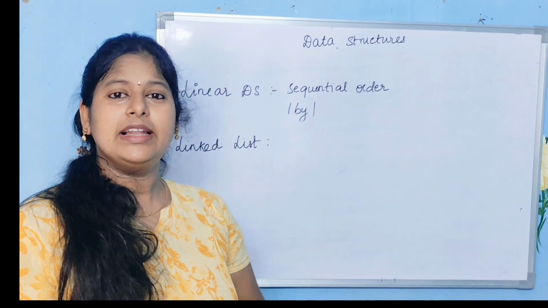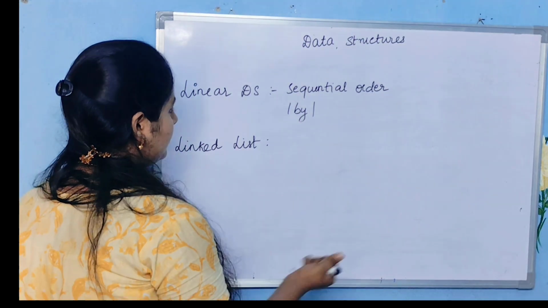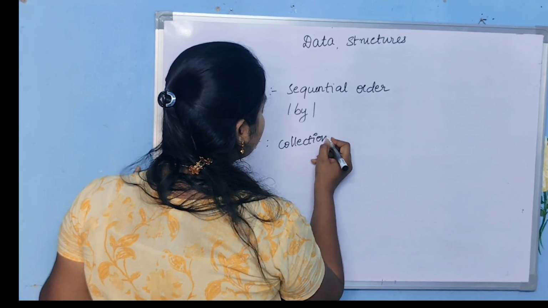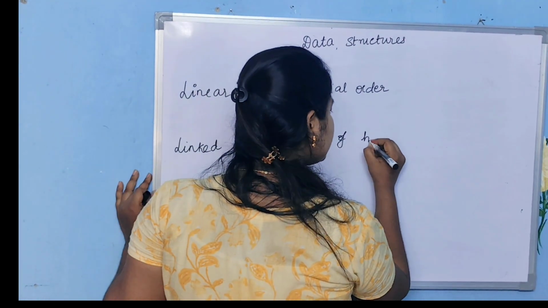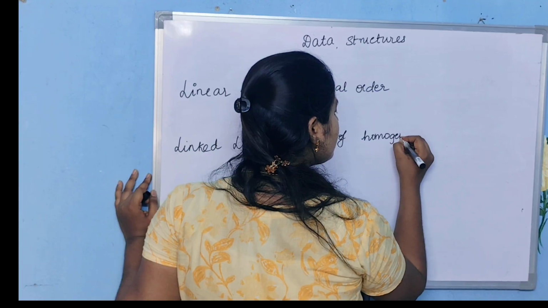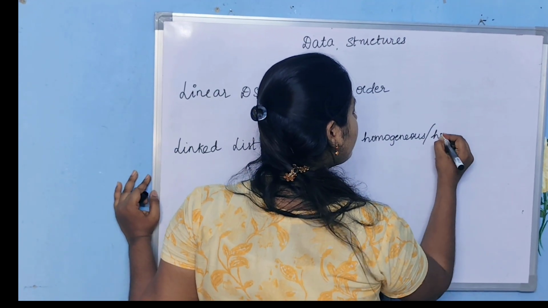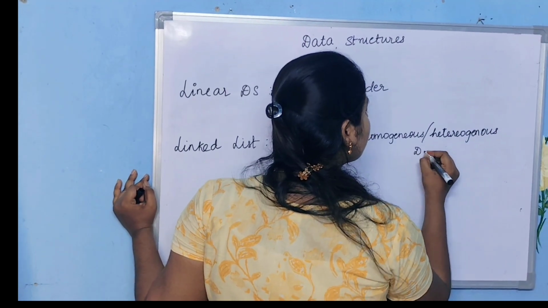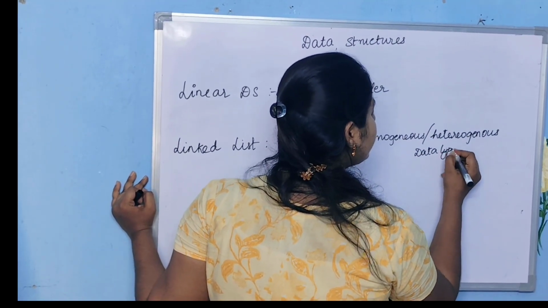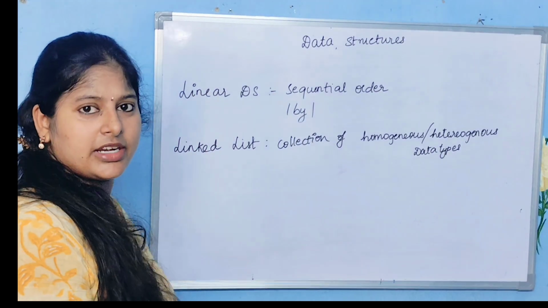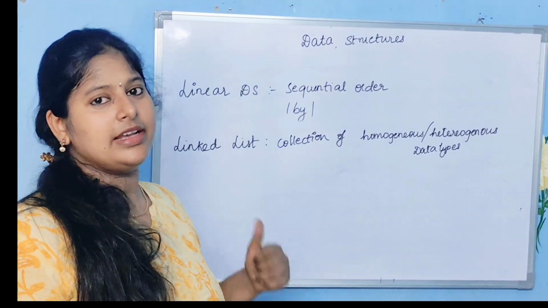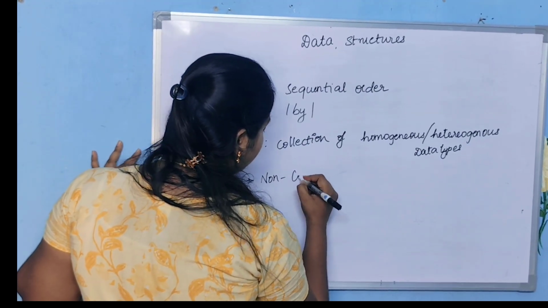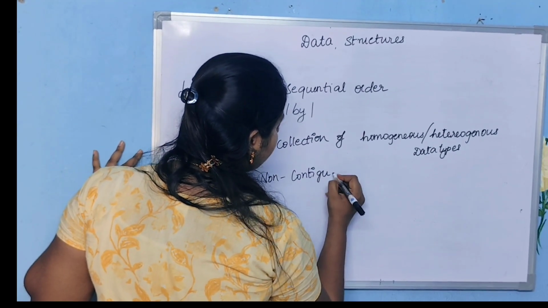So, what is meant by linked list? A linked list is a collection of homogeneous or heterogeneous data types. You can store either homogeneous data types or heterogeneous data types in the linked list. And one more point, this is a collection of non-contiguous